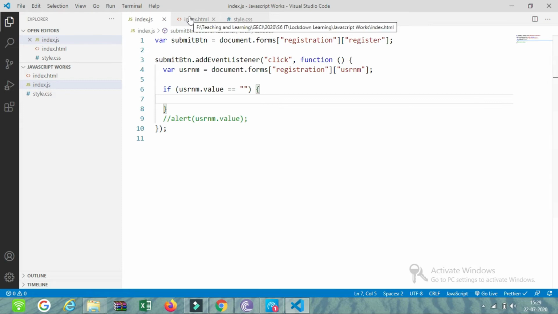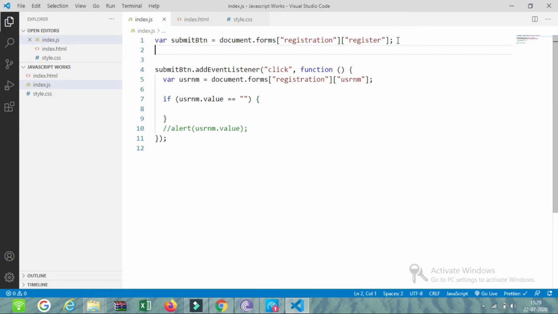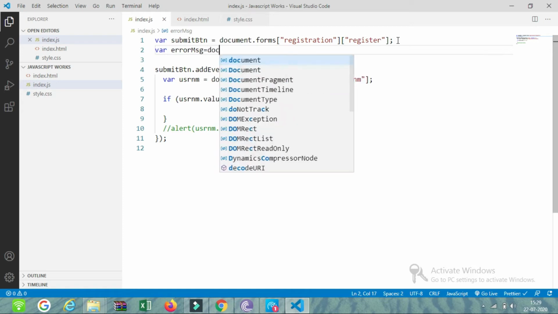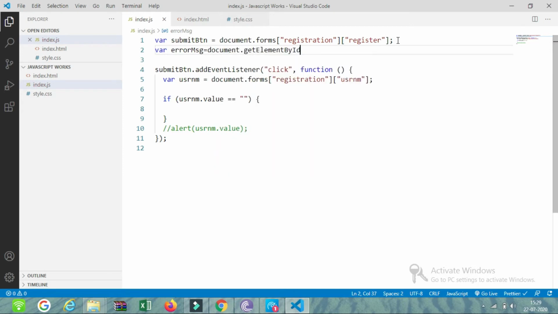I first need to access that division. For that purpose I will create a variable like this: err msg is equal to document dot getElementById, and our id was error msg.